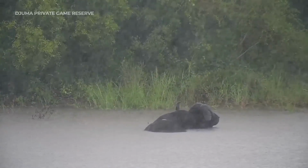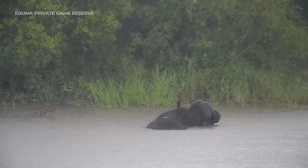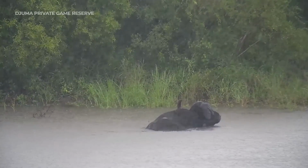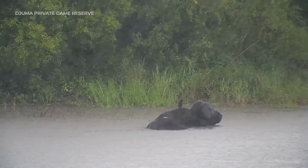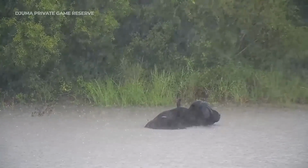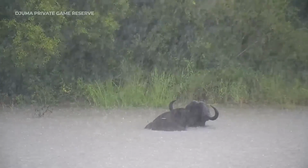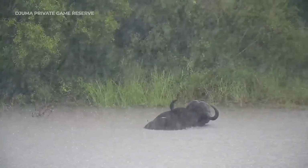Woo! As you can see, we are currently in Juma at Gowrie Dam. And this rain literally came out of nowhere. It has, of course, been overcast and drizzling a little bit, but it just started pouring down. And this buffalo, I don't know if he'll stay in the water or if he will